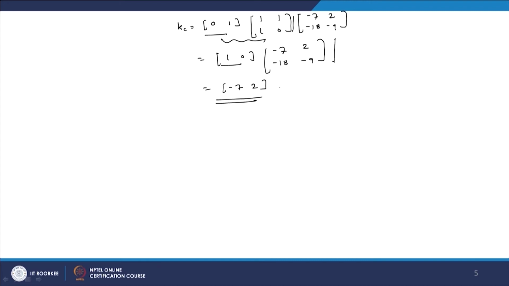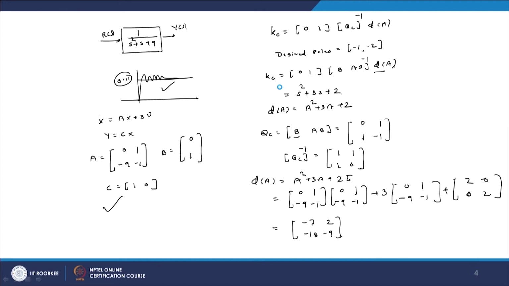Now, for this particular plant, that is x dot equals Ax plus Bu, y equals Cx, with A, B, C known, we have desired poles minus 1 and minus 2, and by means of Ackermann's formula we have got the controller KC. Now, when a controller comes into the picture, what will be its closed loop transfer function,